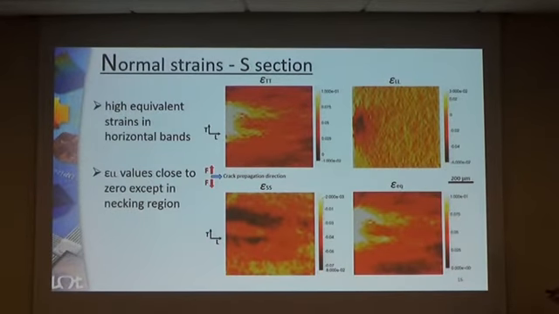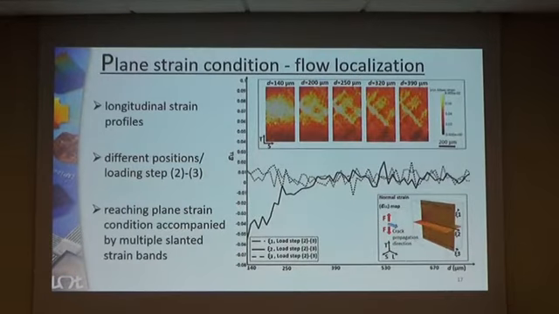We can see that the normal strains in the loading direction and the normal strains in the true thickness direction are mainly responsible for the observed strain band pattern, or von Mises strain map. It's also interesting to see how these contraction zones in the true thickness direction correspond well with the position of the equivalent strain bands. On the other side, normal strains in the crack propagation direction are mostly zero, except in this region close to the notch where necking occurs. The next step, we can plot strain profiles along this section with the normal strains in the crack propagation direction. And this is done here.